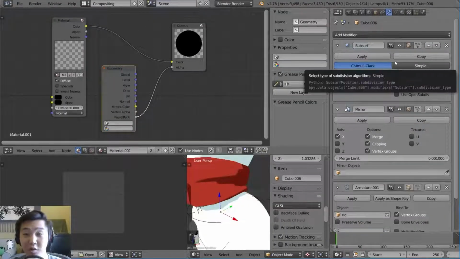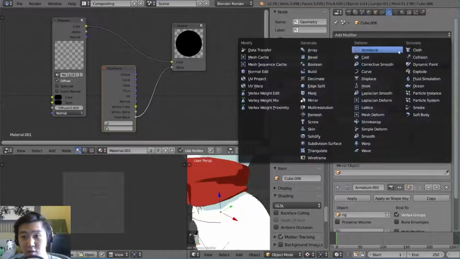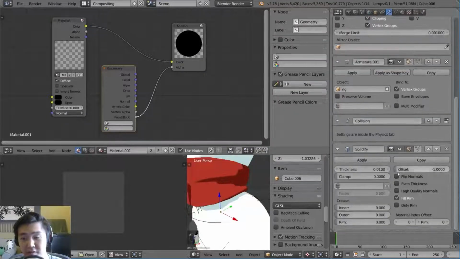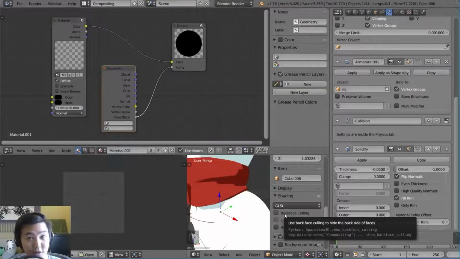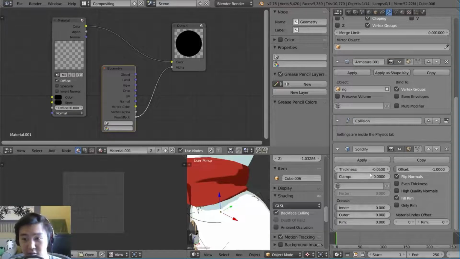So what we're going to do is go to the modifiers tab and add a solidify modifier. Now this solidify modifier will add a layer of geometry on top of our current mesh. That's cool, but it just makes them fatter right now, which is not what we want. So I'm going to hit this flip normals button, which is great. As you can see, nothing happened, but let's make sure that this backface culling checkbox is checked. Notice how it's literally called backface culling, which is exactly what we're doing right now. And now you can see that he's not getting fatter, but rather this extra layer is happening behind him. So he's getting this outline, but it's not blocking anything.